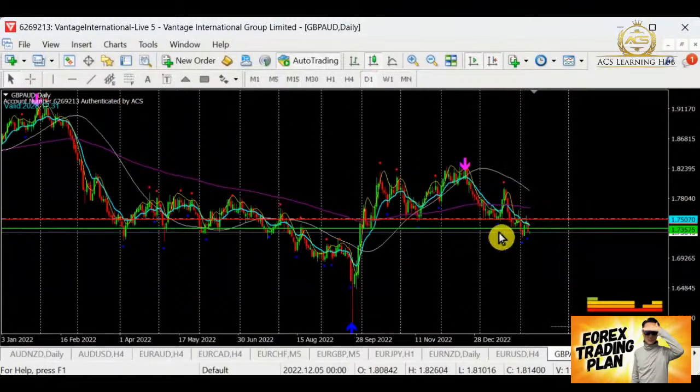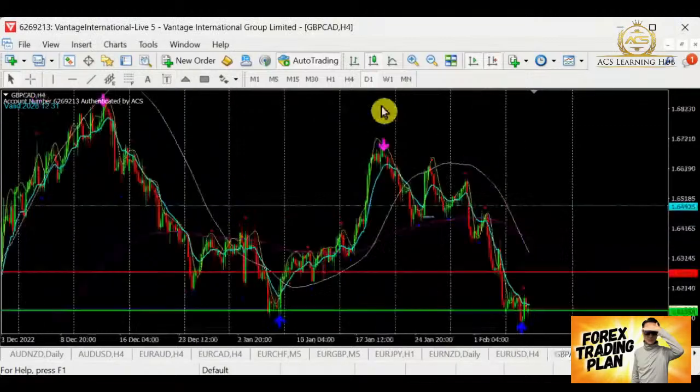We are breaking through this area and we're going to get a very clean trend over at this area here. So Pound Aussie, very, very obvious. We just need to be patient and wait for the new resistance to come along. Then we will go for a sell. Pound Aussie, I'm going to put this into my watch list.